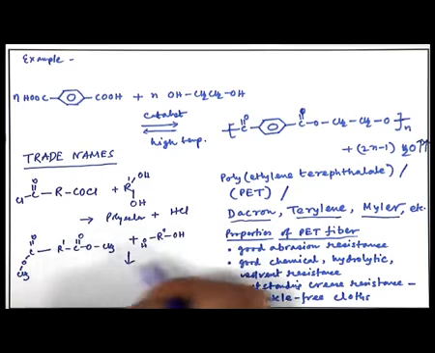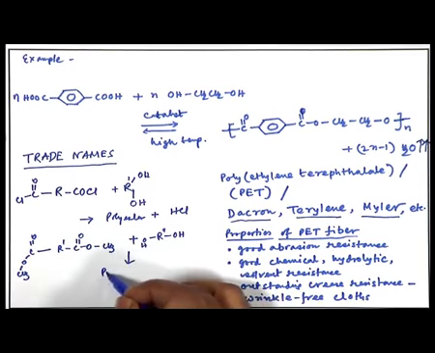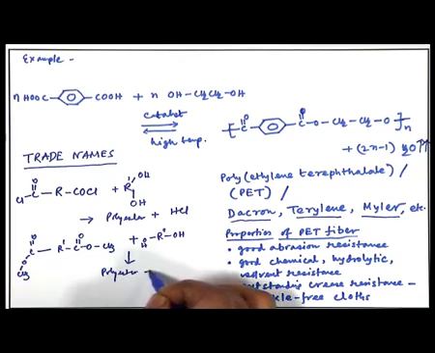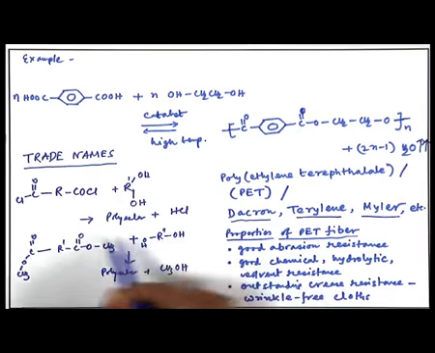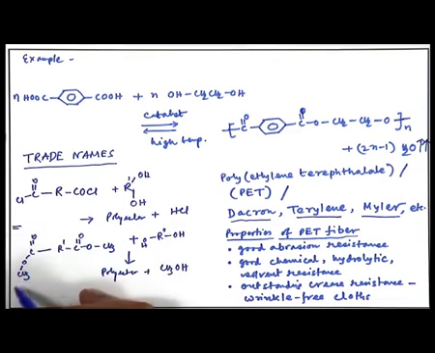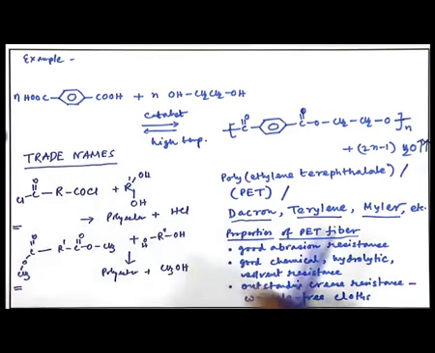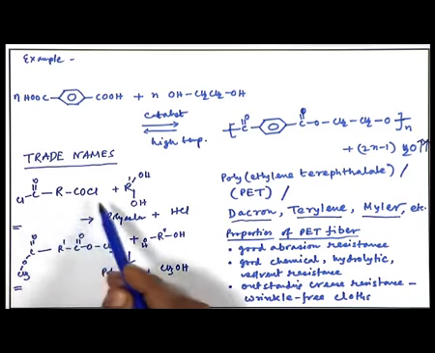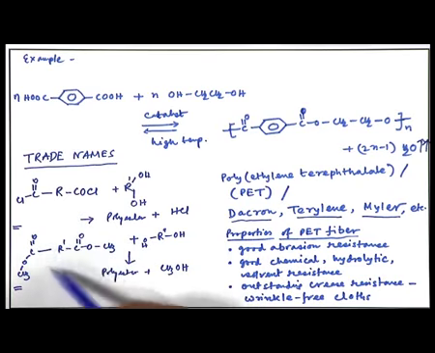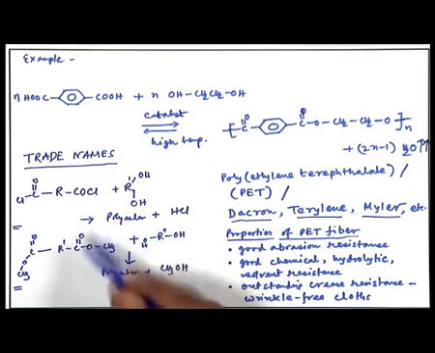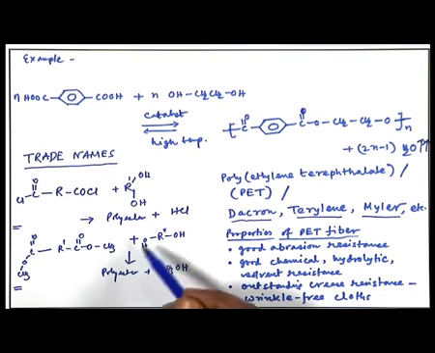You also will get a polyester, and in this case you will get methanol as a byproduct. So, these are the other ways: instead of using diacids directly, you can use diacid chloride or dimethyl esters. In this case the reaction becomes more feasible, and in practice these are sometimes used